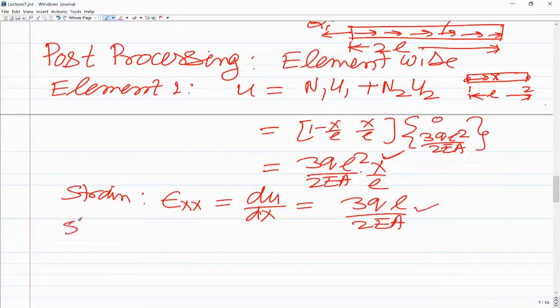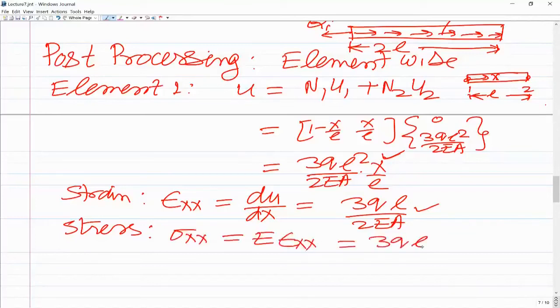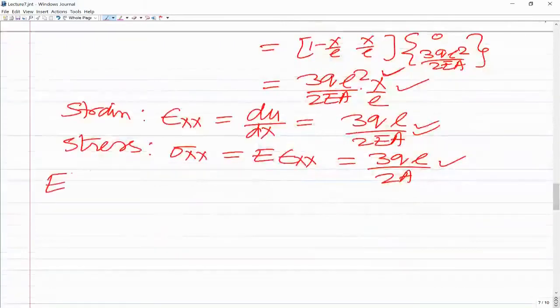And if you look at the stress similarly, because for the design you need to know the stress, because you will be comparing this with the design stress. So sigma xx would be equal to E times epsilon xx, and therefore this would be 3qL upon 2A. This is going to be the stress when you multiply with the strain. So this is the displacement anywhere within the first element, this is the strain, and this is the stress within the first element. Now if you look at element number 2,